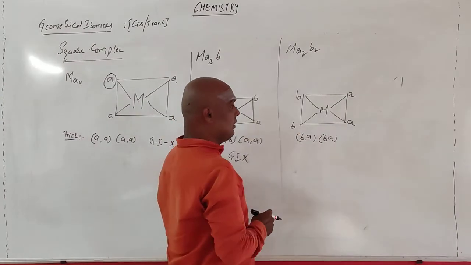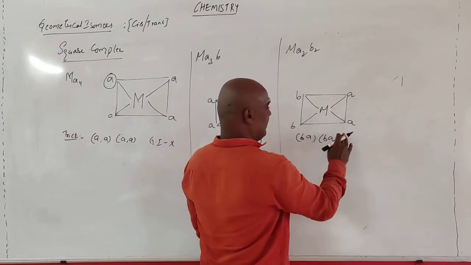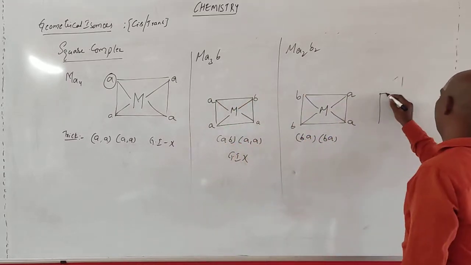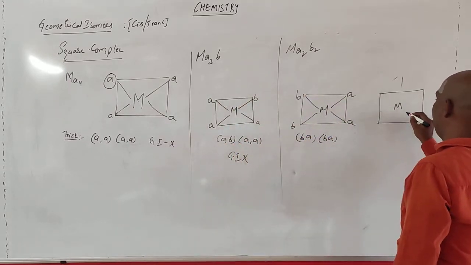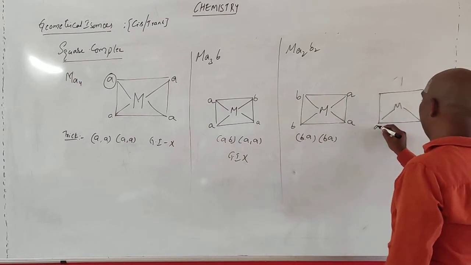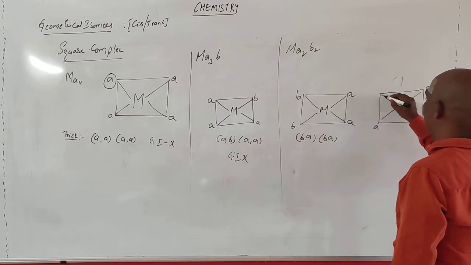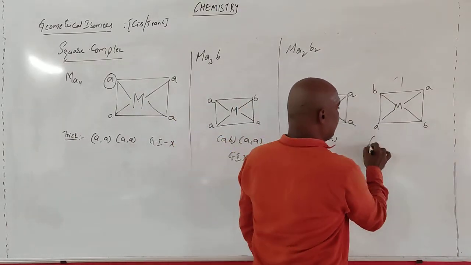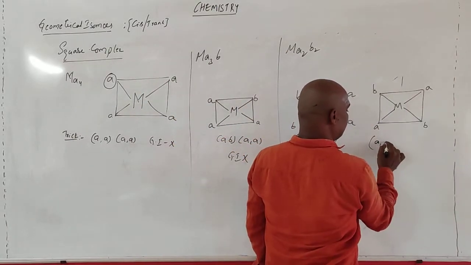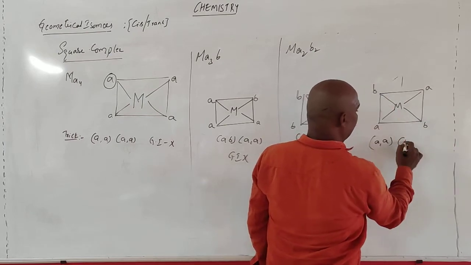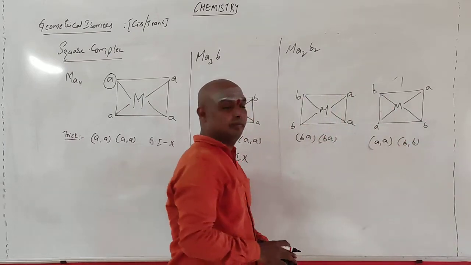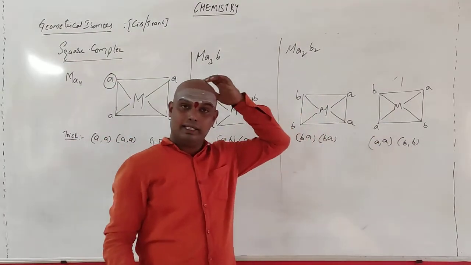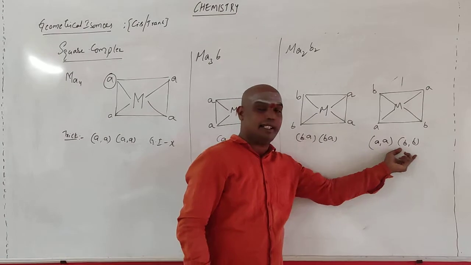Change the positions of anything like this. Now I am changing these two. So I am making the structure like B here, A here, A here, B. See, these two have been exchanged. Now what is the combination here? A. Next these two, B. Getting me? See, this is A, this is A, B. Right? So this set is different and this set is different.